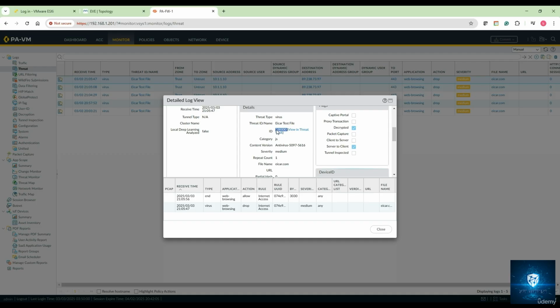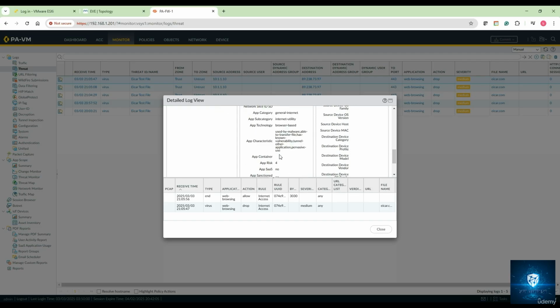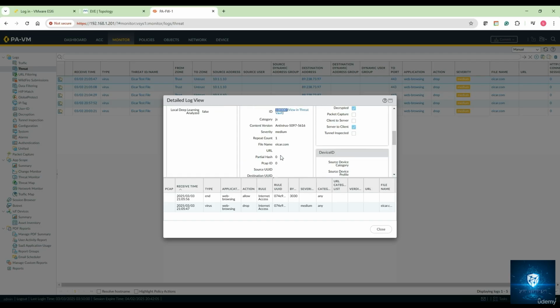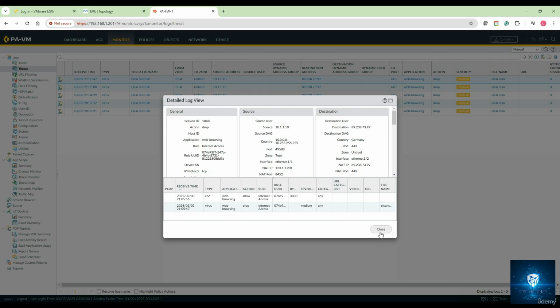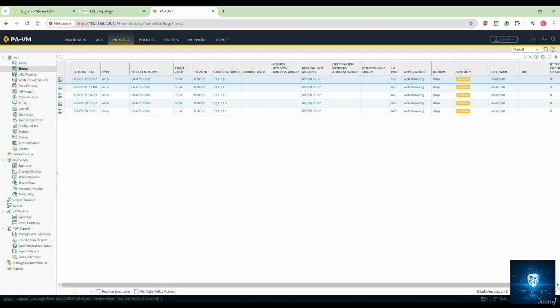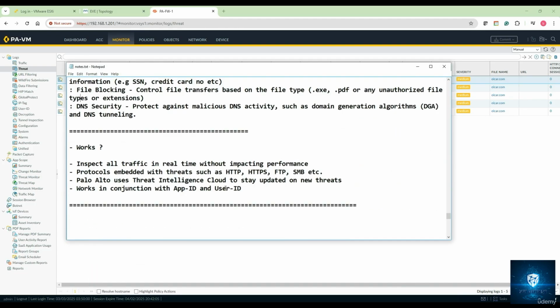So if you're trying to download next from this particular URL, and this threat ID is found a match, then the file will be allowed. Okay, it will be exempted not to be scanned via any antivirus profile. All right, so you can do a detailed look at this particular log. I hope it is clear. Please practice the same. So let's go ahead and configure,